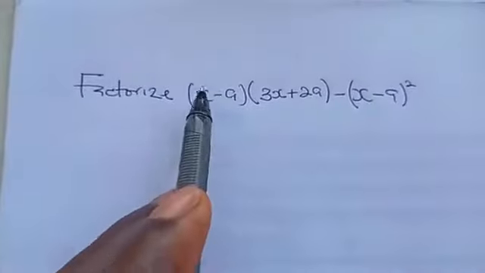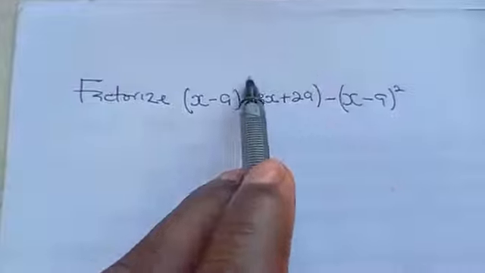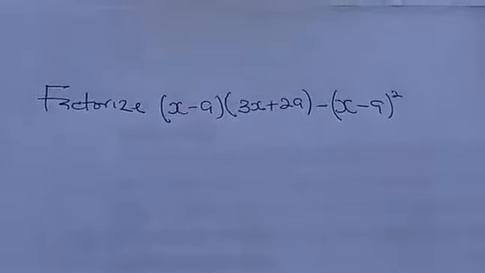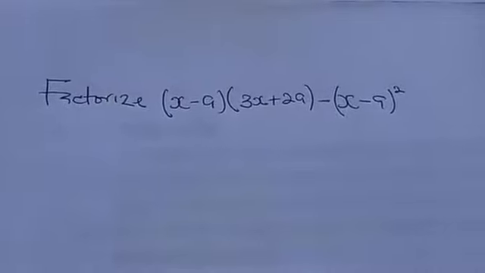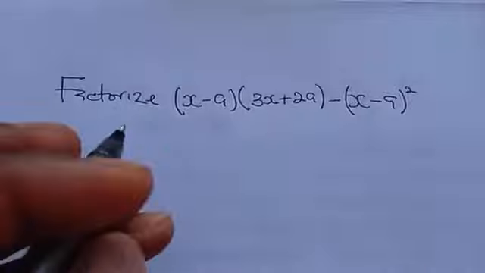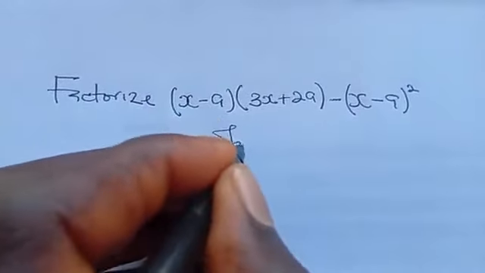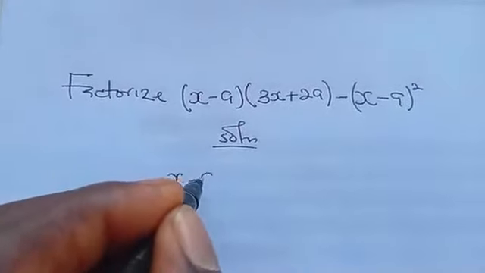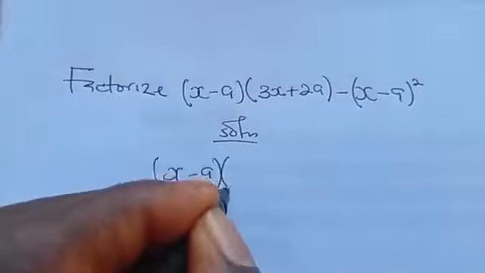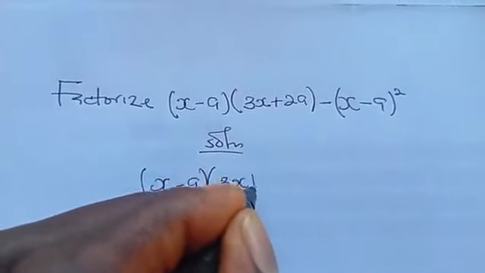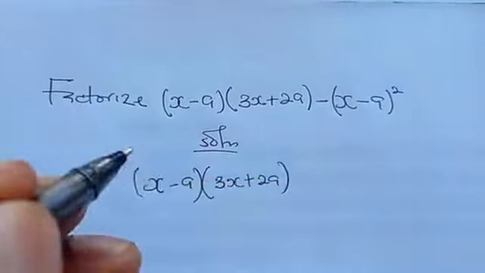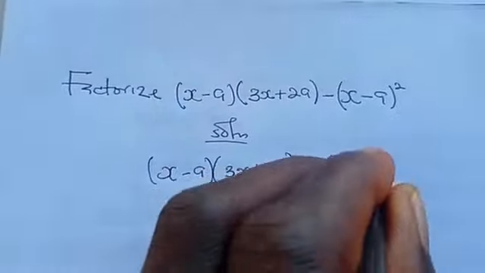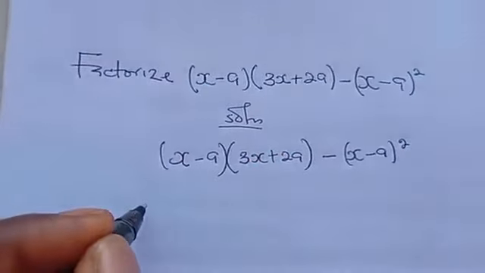So what is common between this and this is x minus a, and that's what we're going to be extracting out. That's what it means to factorize. So we're having (x - a)(3x + 2a) minus (x - a) squared